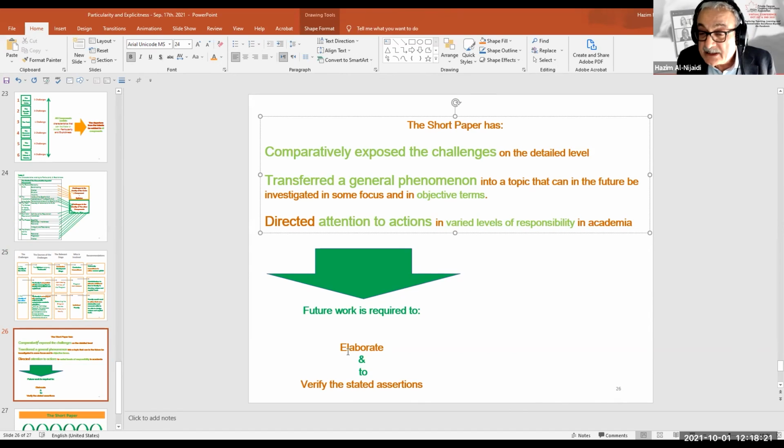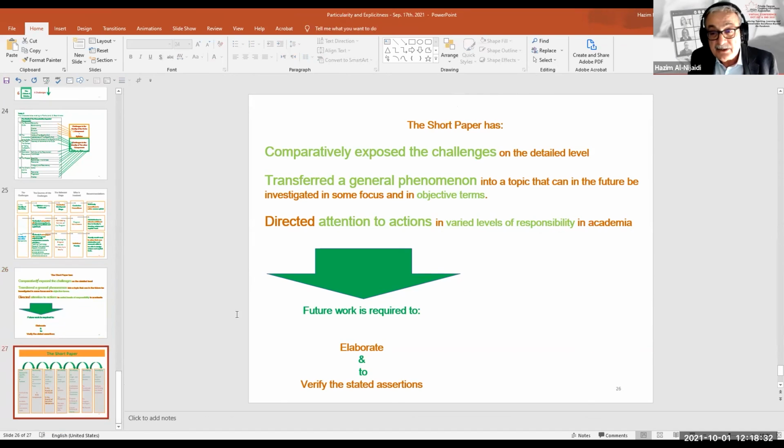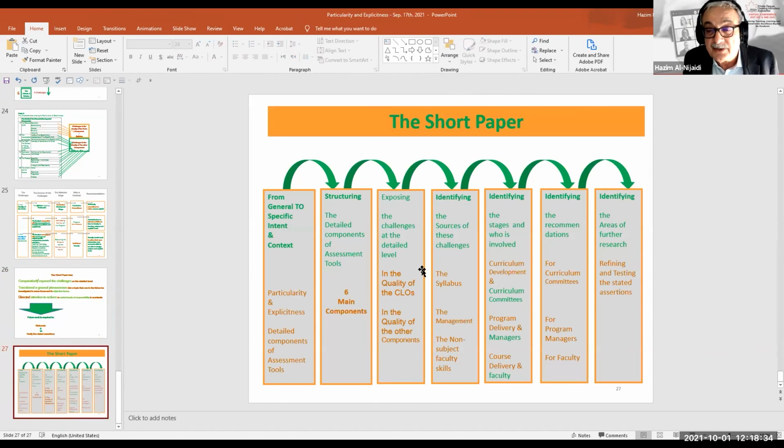Areas of further research, I would say elaboration and verification of the said assertions could be the subject of areas of further research. And the final slide will refer back to the earlier slide and show what was achieved of what was needed to be achieved. Thank you very much indeed.